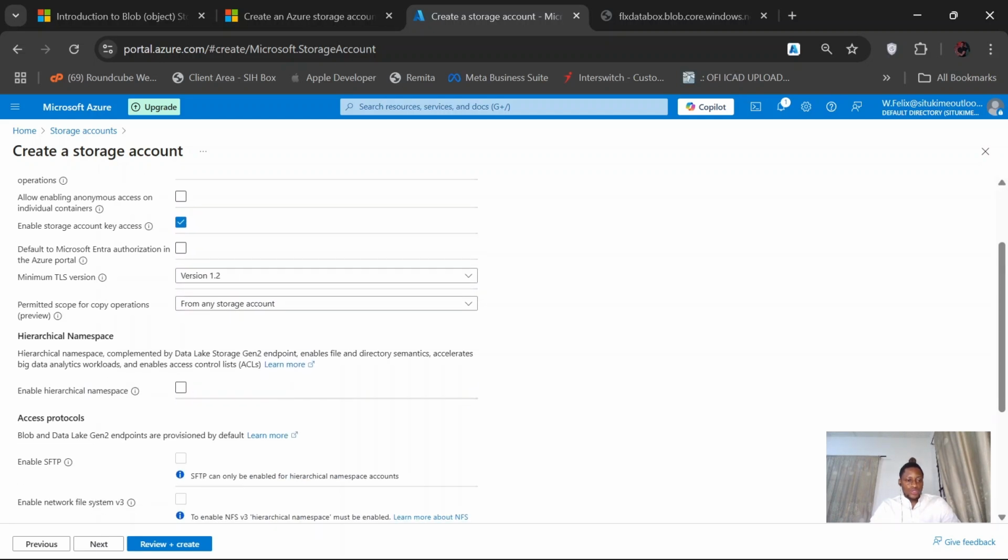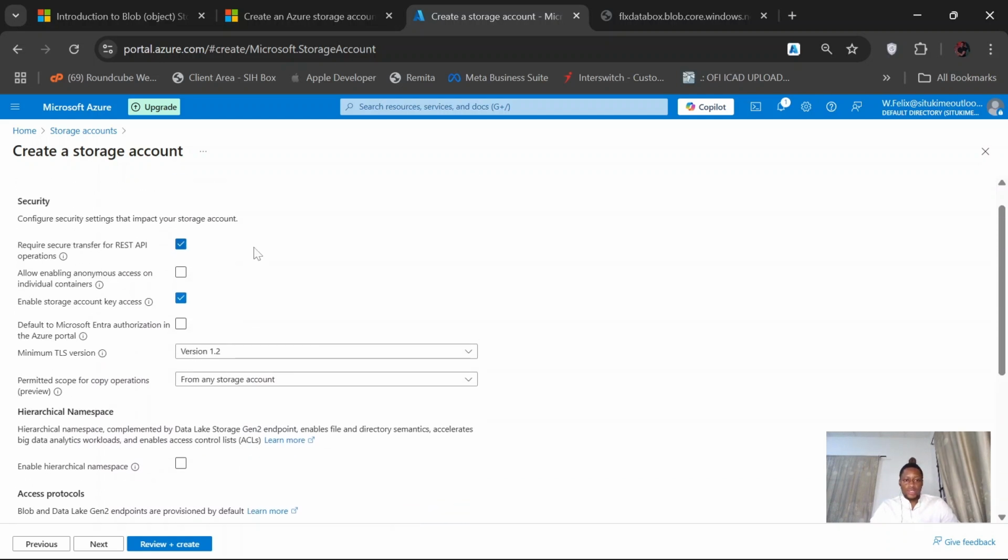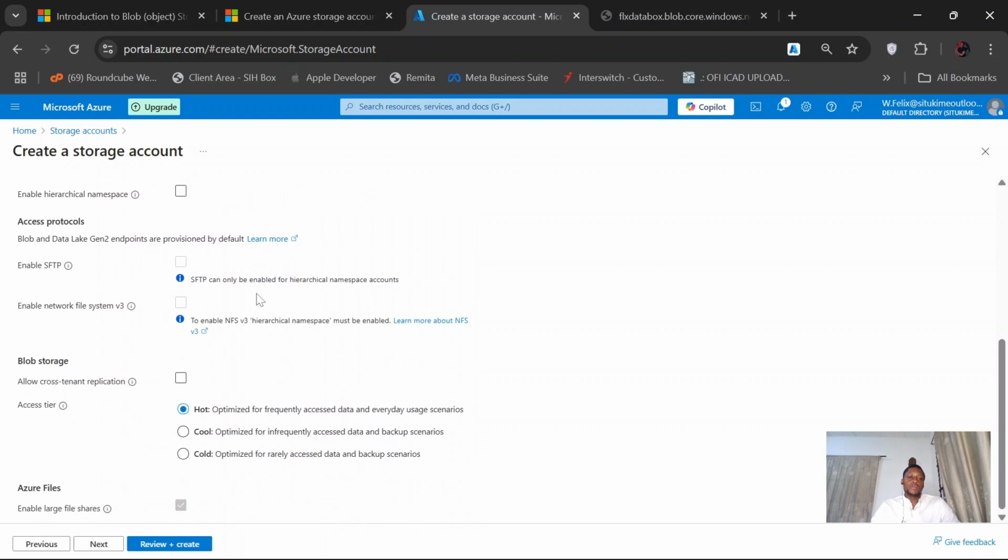So the advanced option here, there are a couple of things I want us to choose, but I'm just going to talk about the blob storage access tier. And for these other services, we are going to talk about them in subsequent trainings because we will need them to actually provision resources. So the access tier here talks about what access level you want your data to be